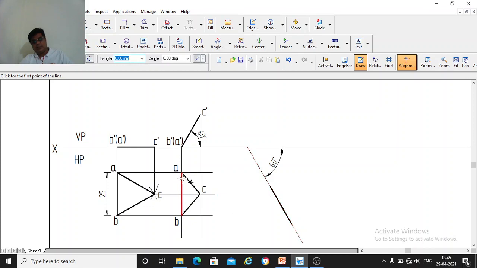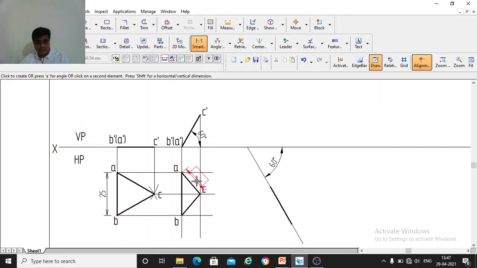So this edge AB is lying on HP. Okay, AB is on HP. That means the triangle is resting on the edge AB, and this edge AB you have to make it 60 degree to VP. And the remaining edges AC and BC you redraw here. So measure this length AC, how much it is. With your compass you measure the length AC and keep the center here A and draw one curve here. So what is the length of this? So length of this line is 16.5.